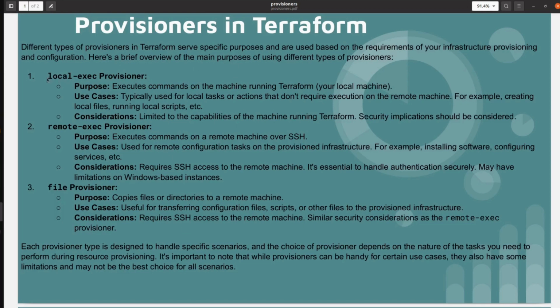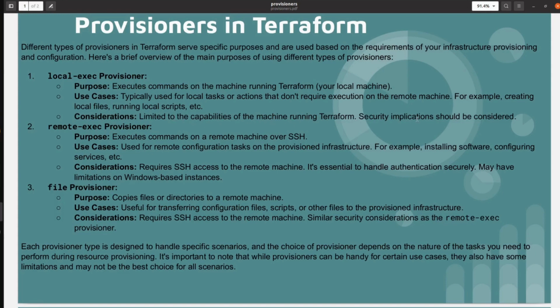We are going to talk about local-exec provisioners. Purpose: execute commands on the machine using Terraform, your local machine. Use case: typically used for local tasks or actions that don't require execution on the remote machine, for example creating local files, running local scripts, etc. Consideration: limited to the capabilities of the machine running Terraform.